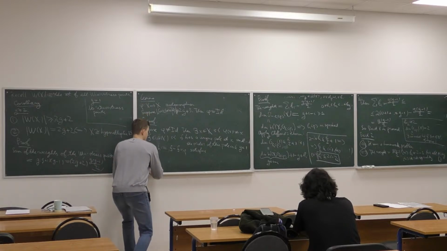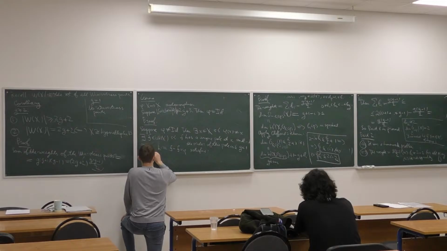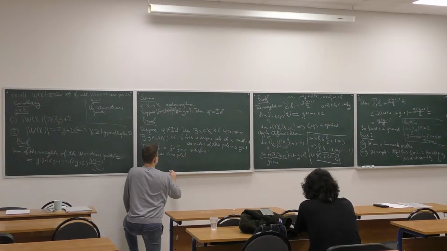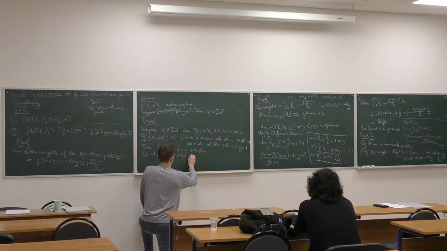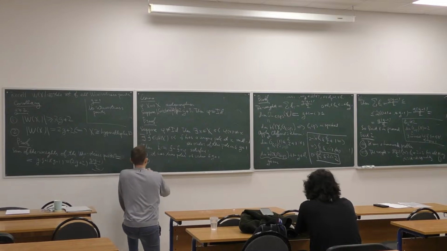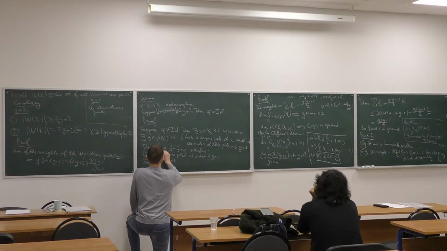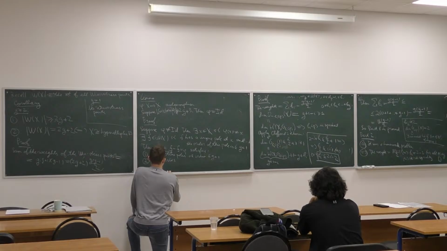The first one: it has exactly two poles of order less or equal than g plus 1. And the second one: h vanishes